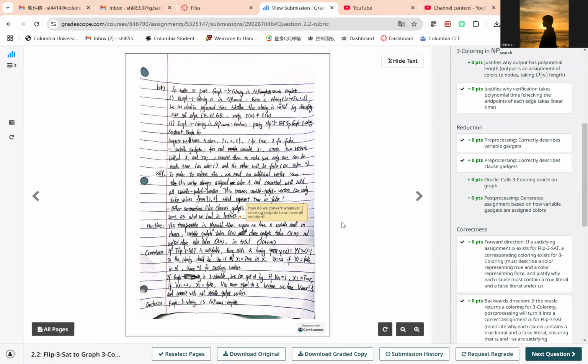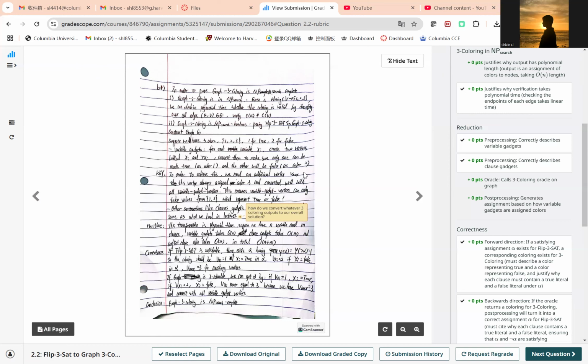And here, the part I'm missing, as shown in the note, is how we can convert whatever the three-coloring output is to the overall solution. So let's suppose that for the three-coloring there exists a solution, right? And here, in the graph construction process, we have one more vertex, as you can see here, the V